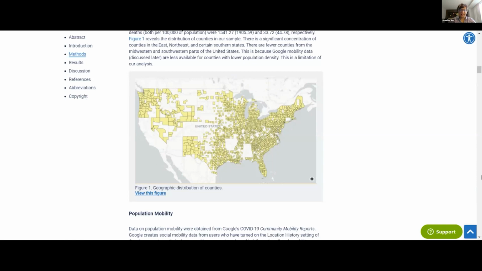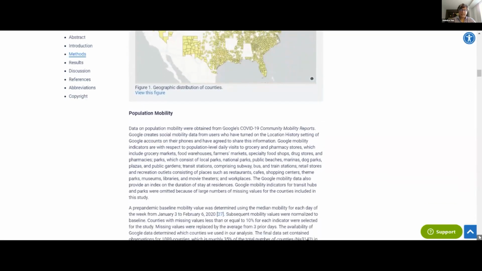The Google mobility data wasn't that good in the sense that there weren't enough people there that they could preserve privacy. So that's why the Google mobility data were not reported for areas like Idaho or Iowa and other areas, Dakotas, where population density was low. Okay, now